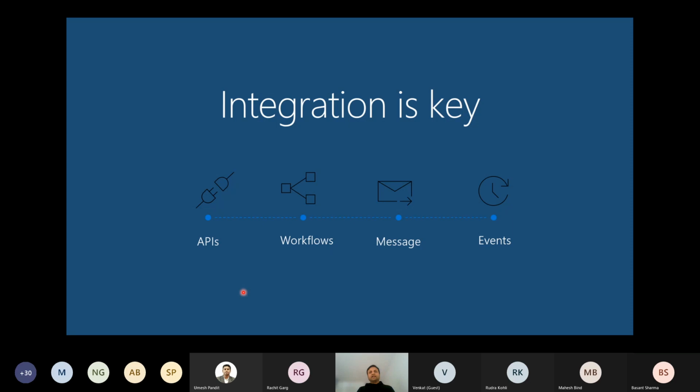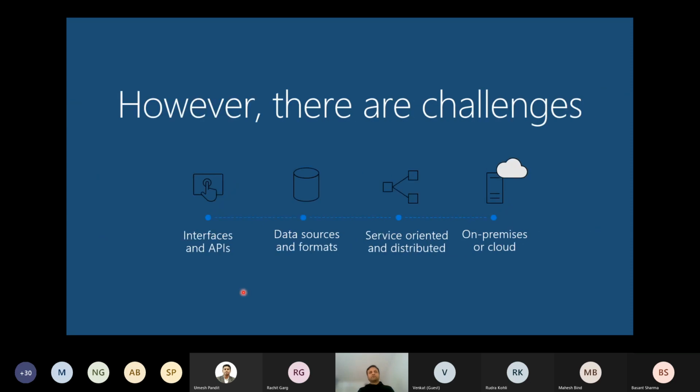There are challenges. We come across multiple APIs wherein applications are able to connect, but they have multiple ways of connecting. We come across data sources and formats of multiple types. We come across service-oriented and distributed parts, and then there are situations with on-premise and on-cloud.